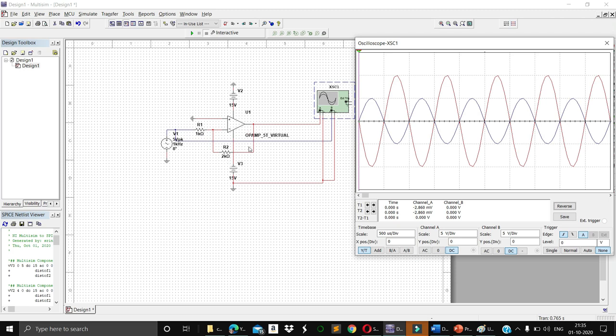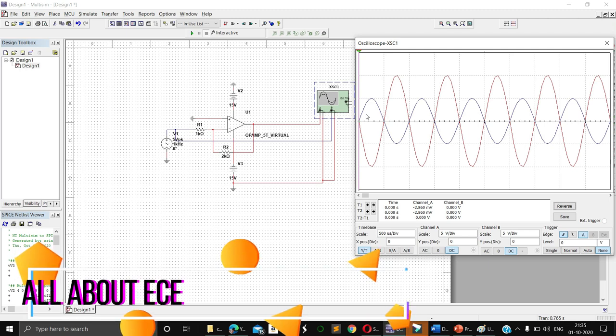So minus R2 by R1 is 2 by 1, which is minus 2. I have designed a circuit with a gain of minus 2, having an input of 5 volts, and the output has a 180 degrees phase shift. In this way, with the help of Multisim, I have designed an inverting configuration operational amplifier using the IC 741. If you have any doubts regarding the implementation and checking the waveforms, please let me know, and thank you for watching.